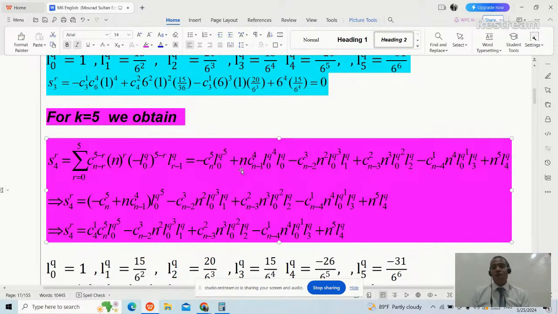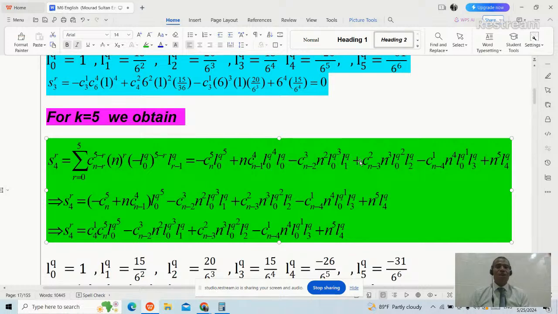Plus, when r equals 1, I will obtain n raised to the power 1. Okay, combination n minus 1 choose 5 minus 1, that is 4, times L0 for the q raised to the power 4 L0 for the q. Only this one, and that will conclude that n is a common factor, and we should put it outside the brackets, and we simplify the first two terms. Minus, learners, what? Minus combination n minus 2 choose 3 n squared and L0 for the q cubed and L1 for the q